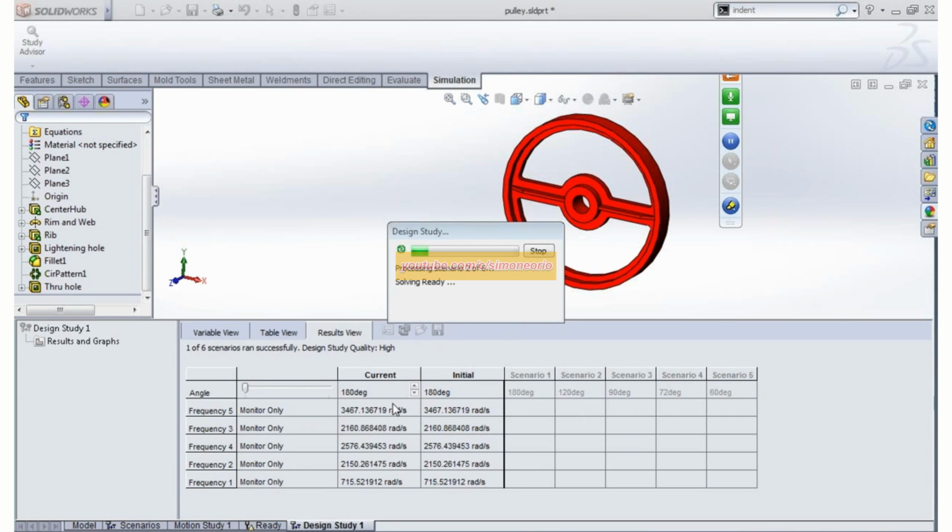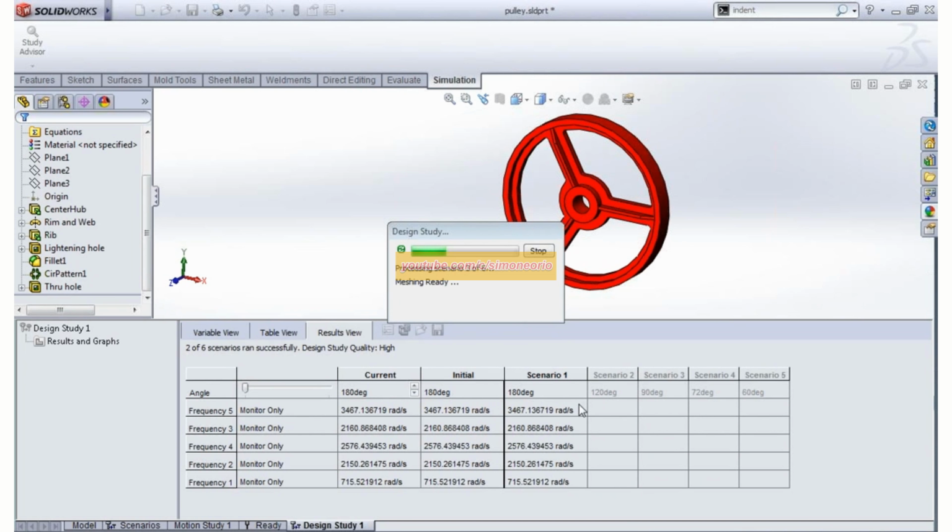And you can see now that it's running, I can look at my results list and look at my natural frequencies. This is measuring it in radians per second, the way I've set up this study. But it could be in hertz as well.